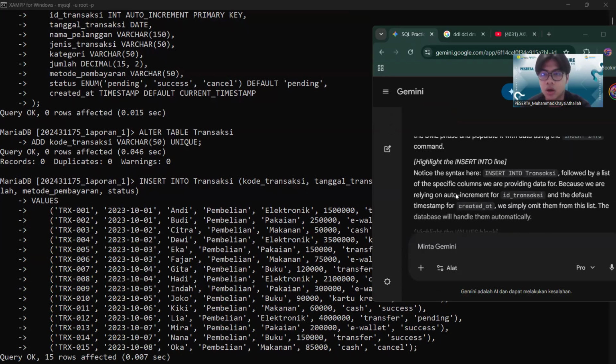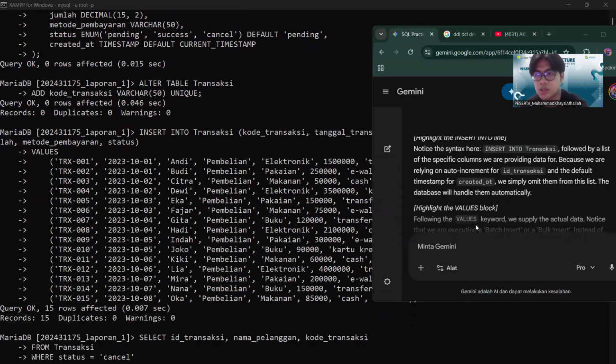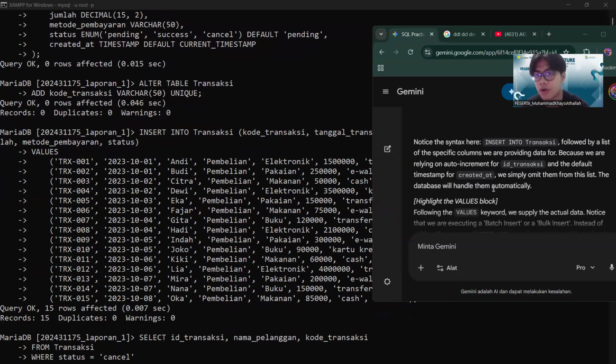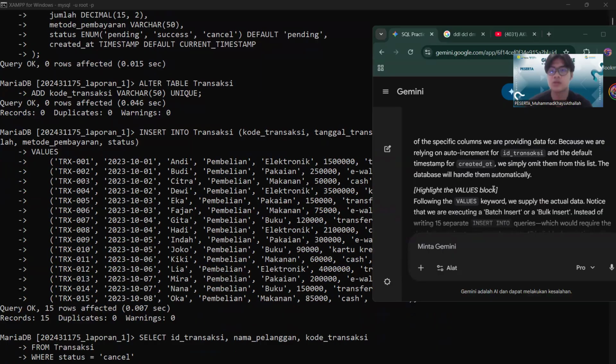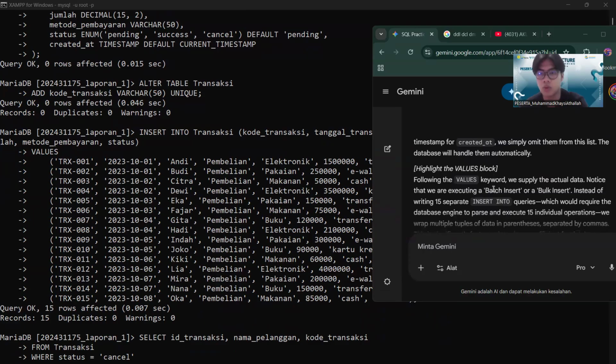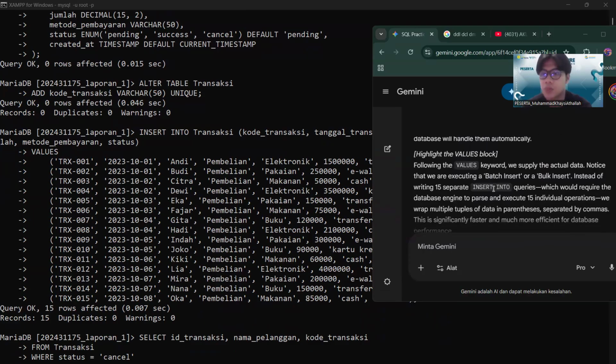Here the syntax is insert into transaction, followed by a list of the specific columns we are providing data for. Because we are relying on auto increment for ID transaction and the default timestamp for created_at, we simply omit them from this list. The database will handle them automatically. Following the values keyword, we supply the actual data.